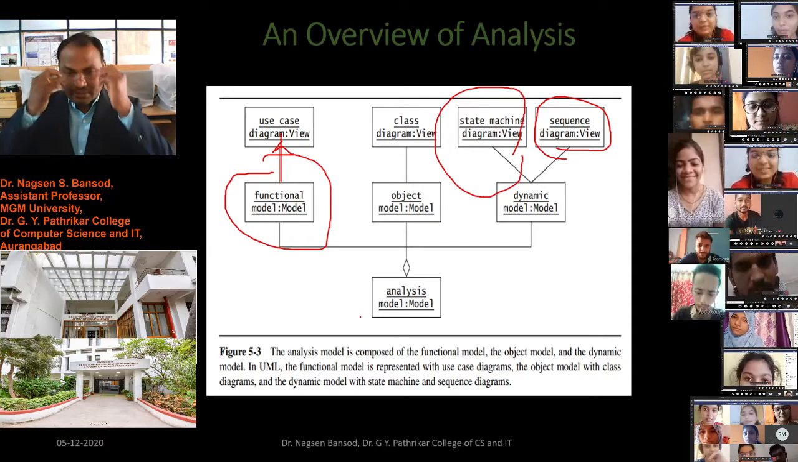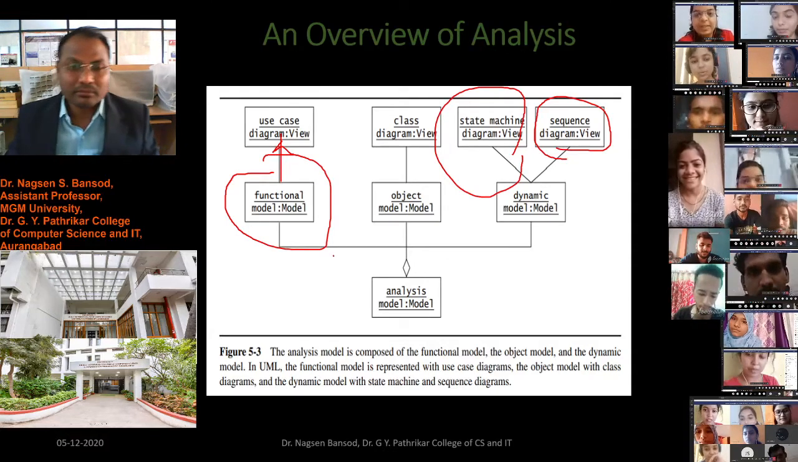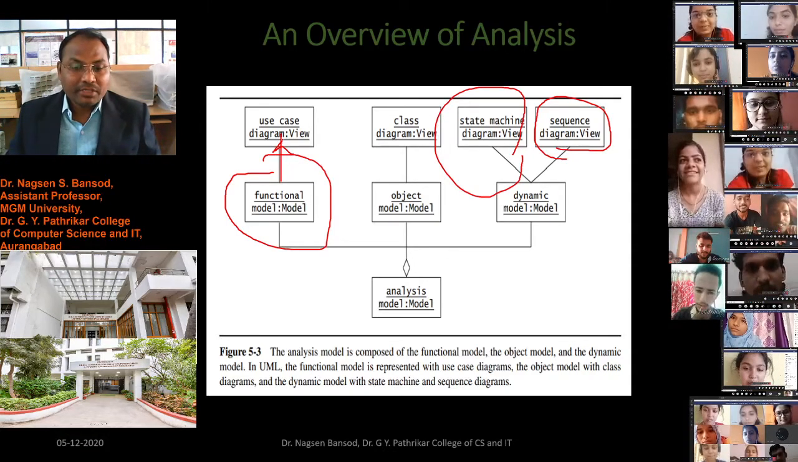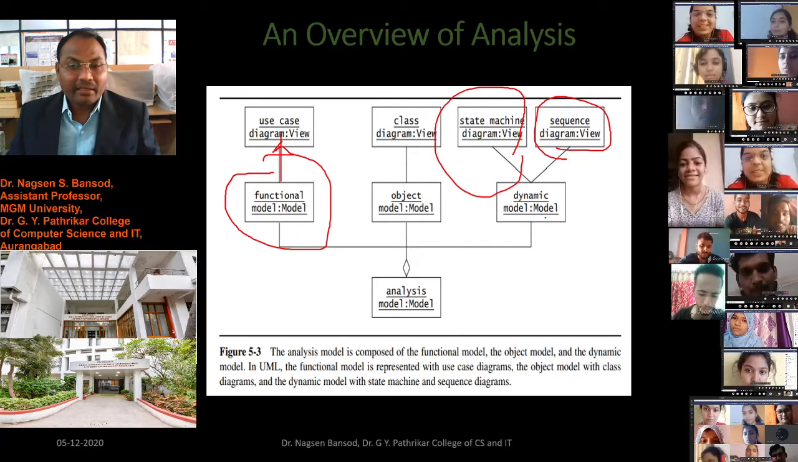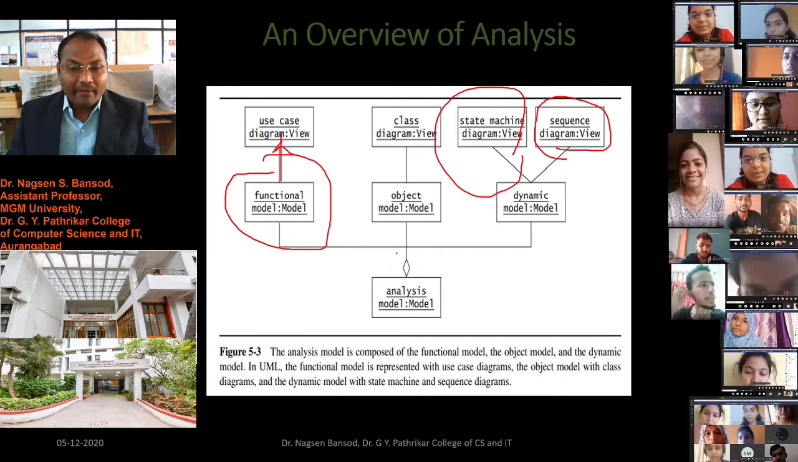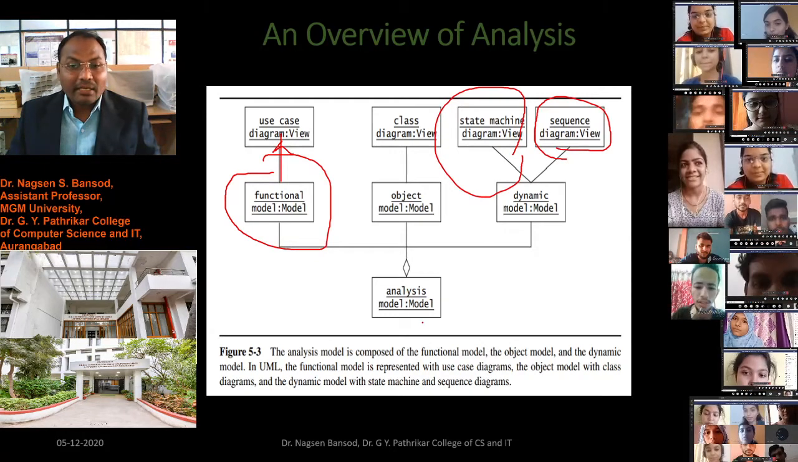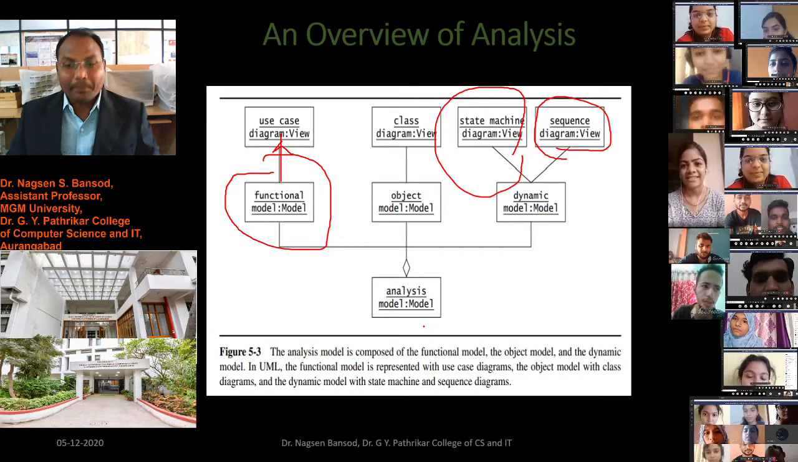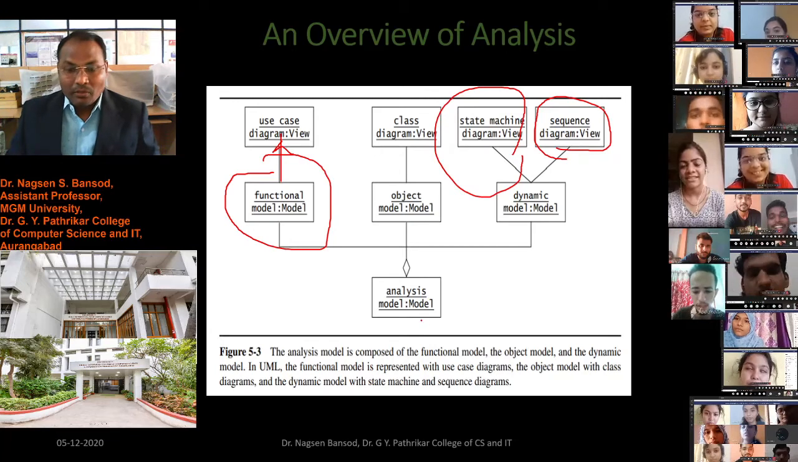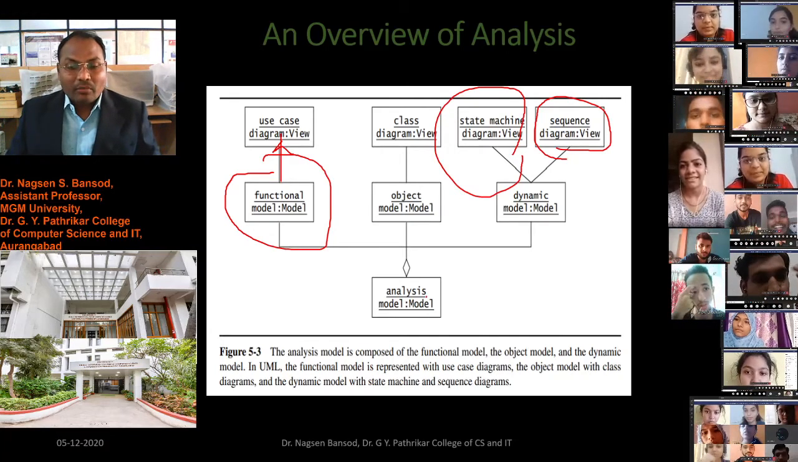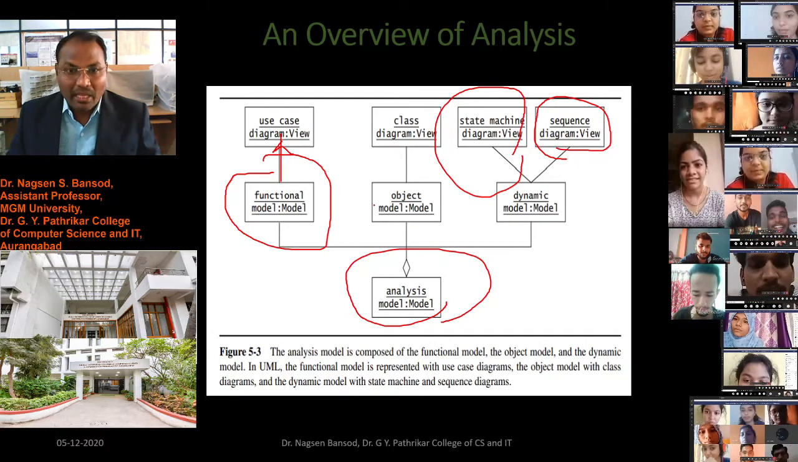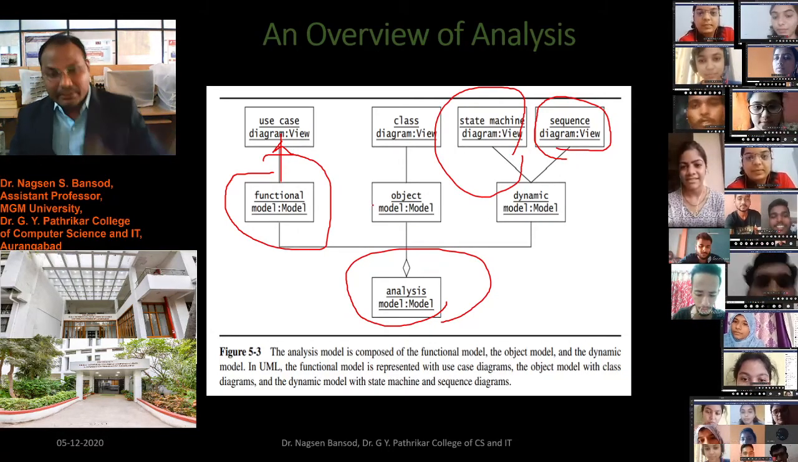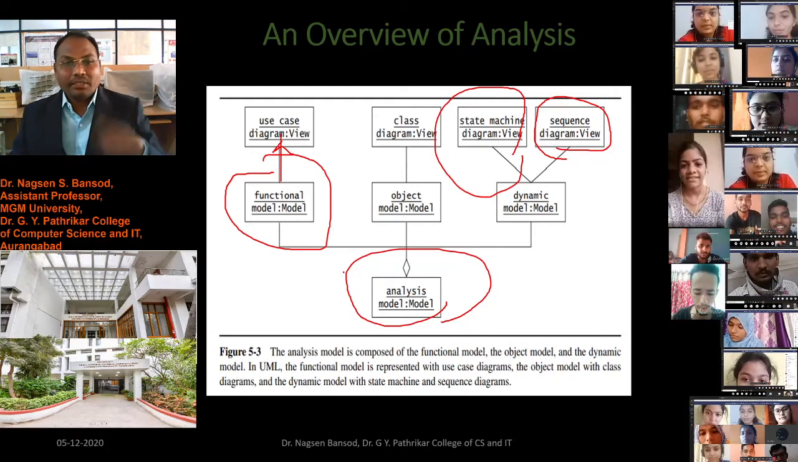Look at this diagram. In this diagram, the use case diagram is there, which is the functional model, the object model, and the dynamic model. There are three models, and from them the analysis model is prepared. This analysis model has various classes and attributes at the level of analysis, but this is only the user